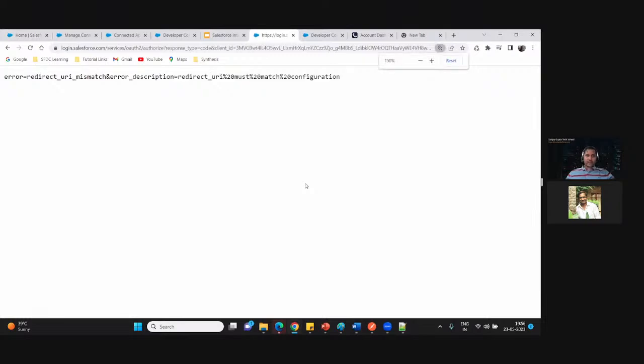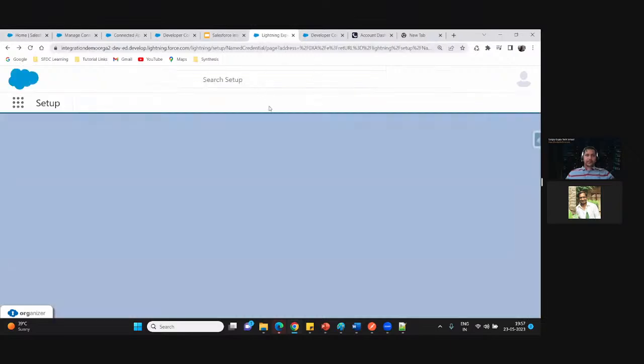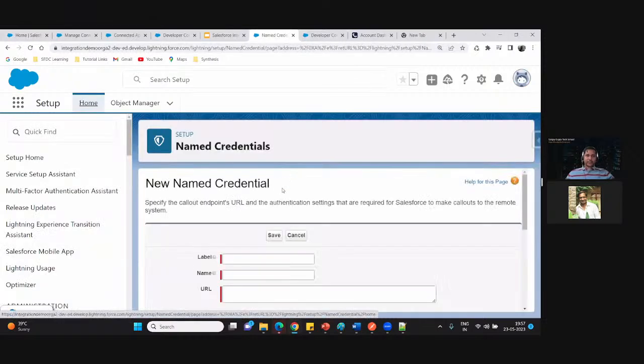Getting an error. Not sure if it's a connection issue or something.